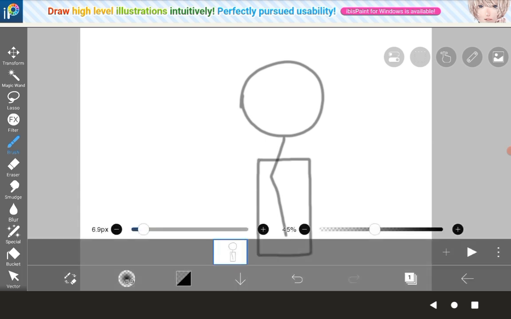Now, depending on the character's own gender, you can decide to give the character booba or just make sure it's flat. Or in the case of some animators, make whatever human design you want. But for this human character, we're just gonna let you know he is a male character,